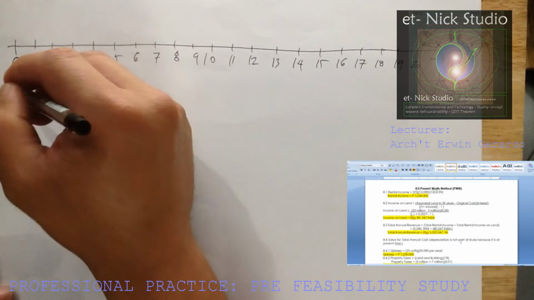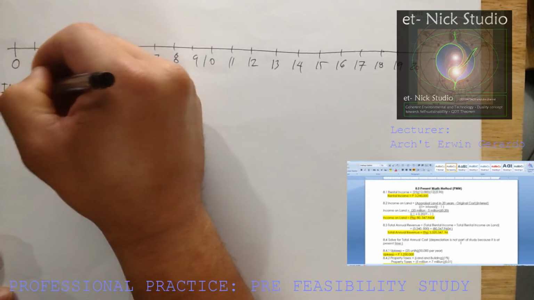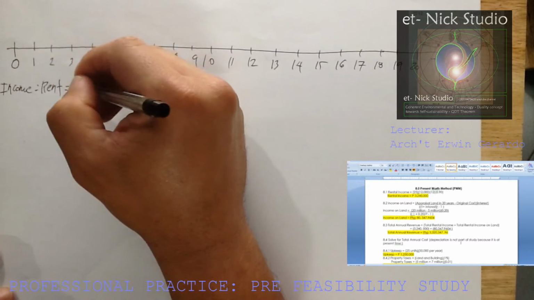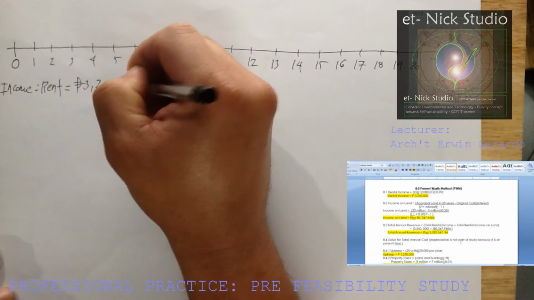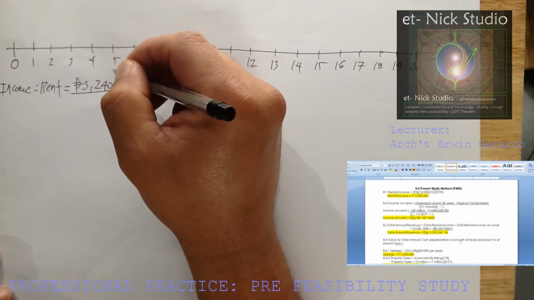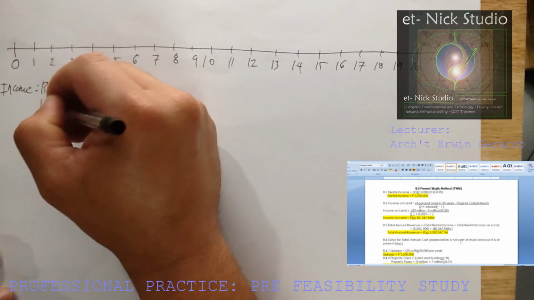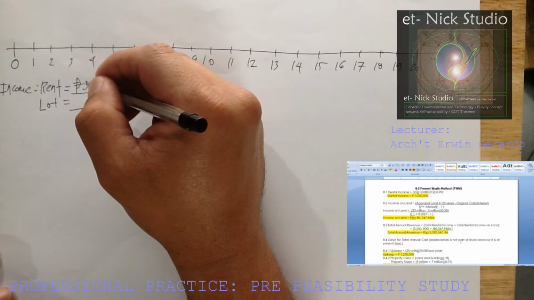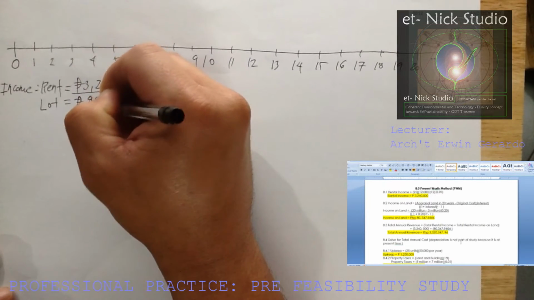Then we need to consider here the income. So the income here is in terms of the rent, which is actually equivalent to 3,240,000 pesos. And we also have an income in land or lot because it is also being rented,